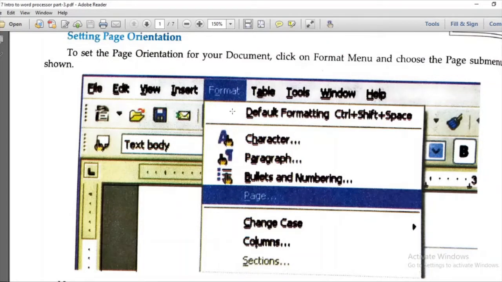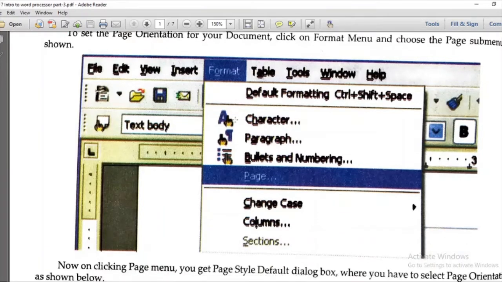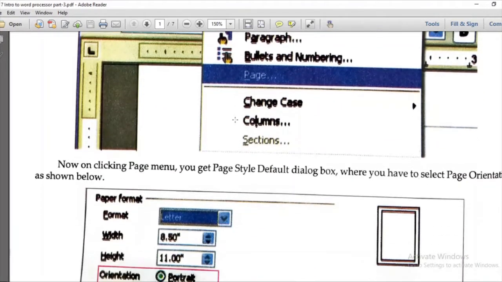Wherever in the chapter we are using this Format menu, this is in the 2003 MS Word. I have already cleared this concept in a previous tutorial, that in your book some of the examples are given from 2003, but we are learning practical from 2007 MS Word. In the exam, whether you write in the 2003 format or in the 2007 format, both are correct. But we are going to learn on the latest version of MS Word.